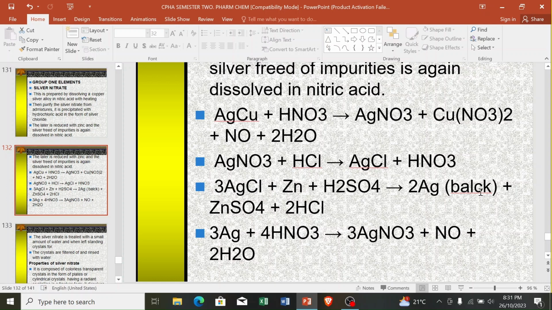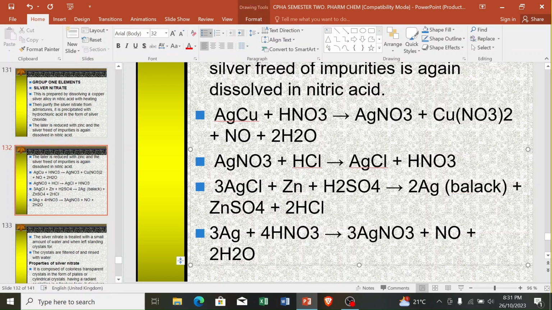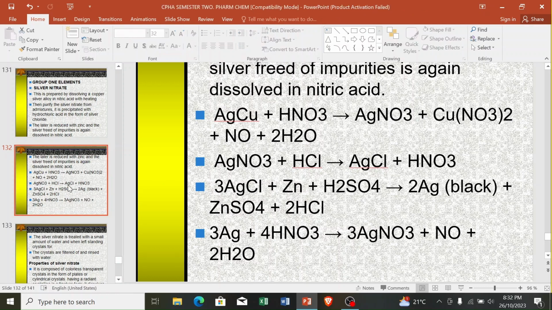We can filter. This is supposed to be black, so we remove this A. So we find that we form this black precipitate, which we can filter, whereby our residue will have pure silver. So that silver we have not yet reached our main aim. The product we need is silver nitrate. So it takes us to the fourth step,